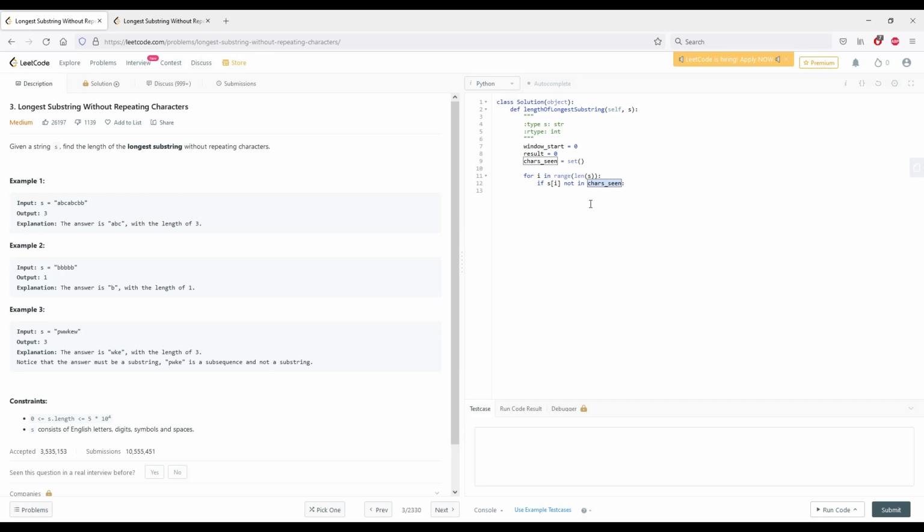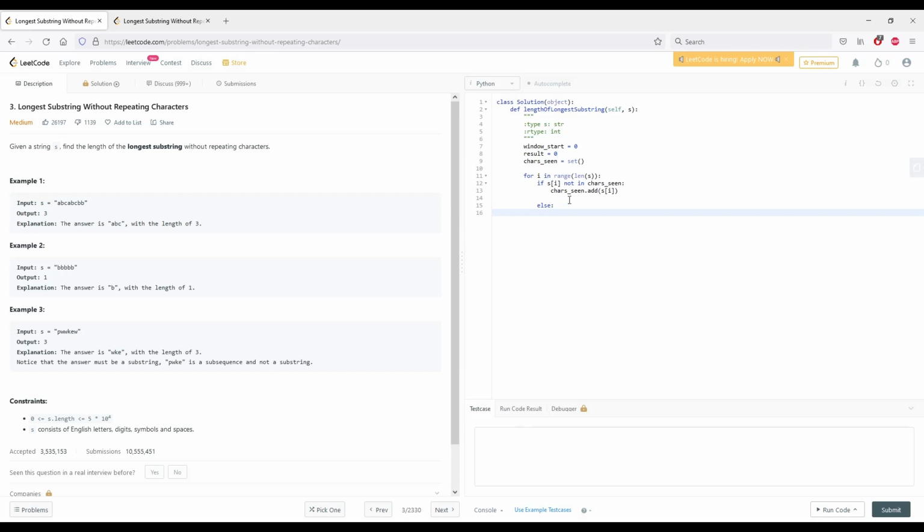So if we haven't seen this character before, we're just going to add this. And yeah, that looks good. So basically our window has increased by this end variable i here. Okay, and the start is still going to be the same. Else, what we're going to do is decrease the window until our condition is satisfied,